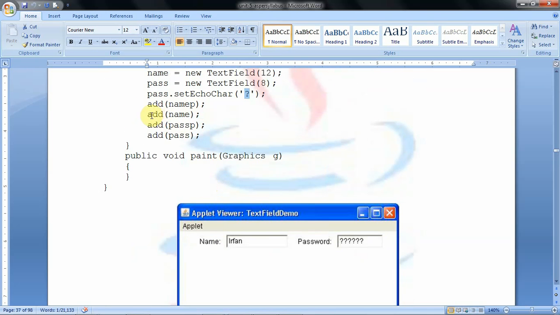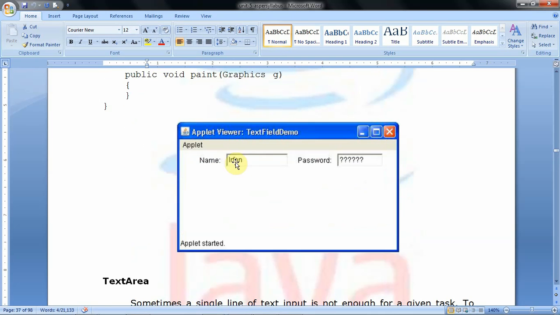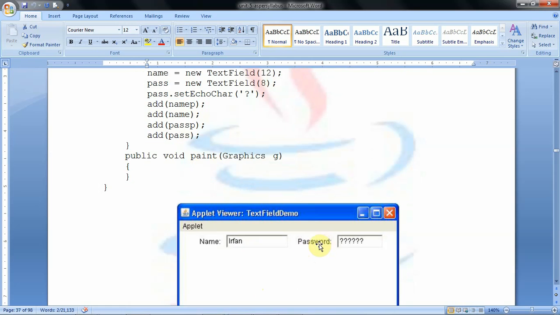After that we add the first text field, that is added here. Then the second label, the FAS field label, and then the second text field, that is FAS.